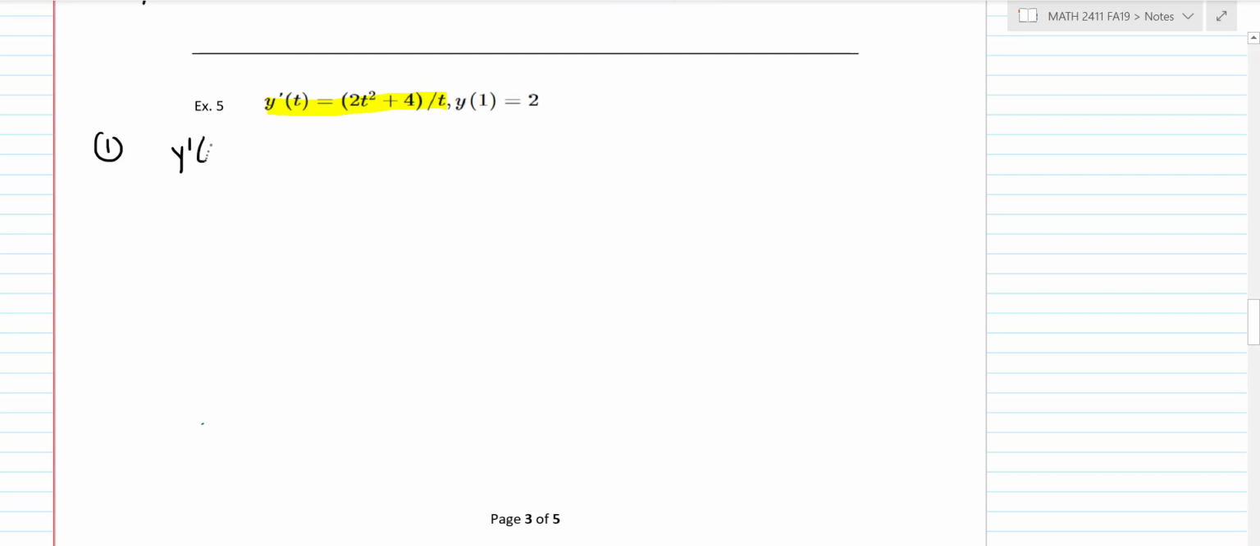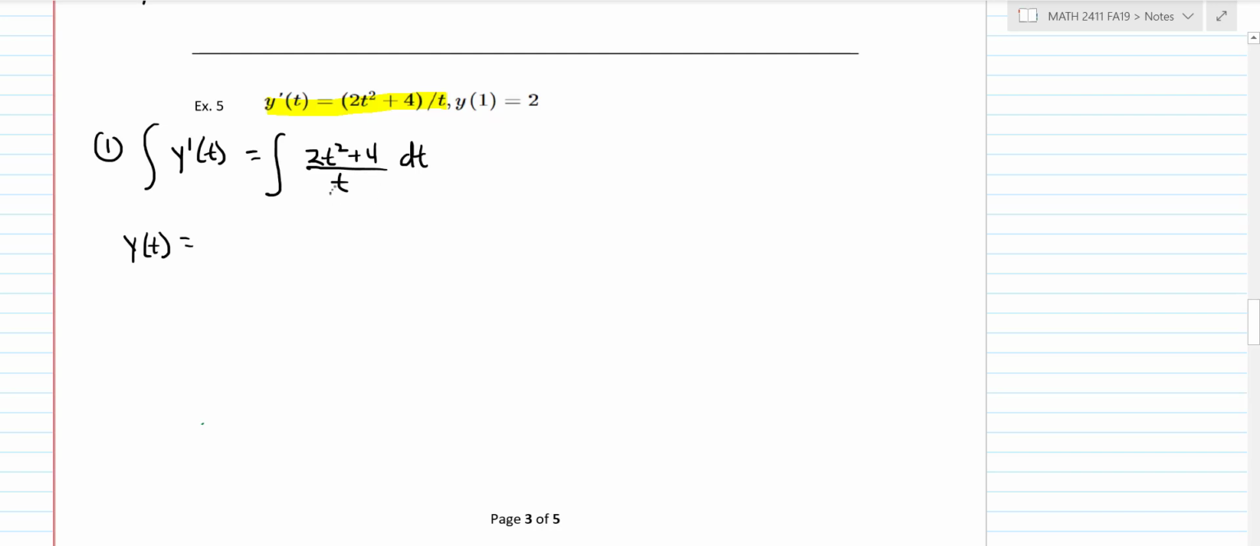So let's just write that down. We have y prime of t is equal to 2t to the second plus 4 over t, and I'll put a dt there then. Okay, let's go ahead and integrate both sides of this and see what we're getting ourselves into here. Of course, this is going to be y of t,